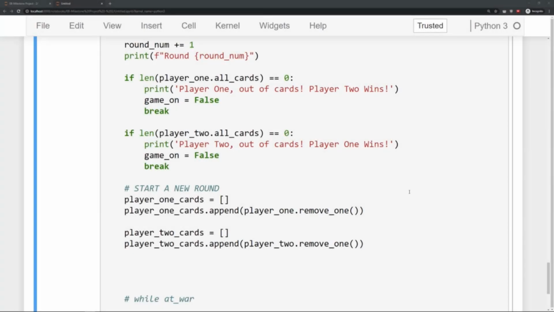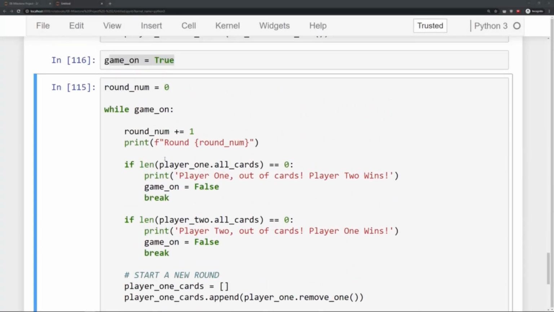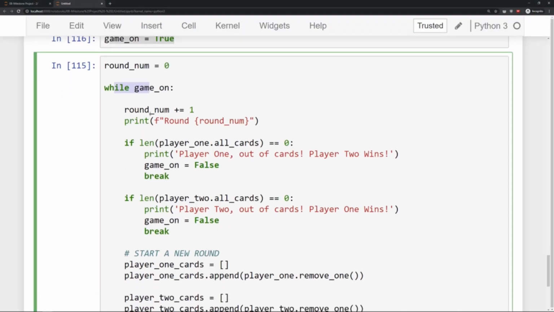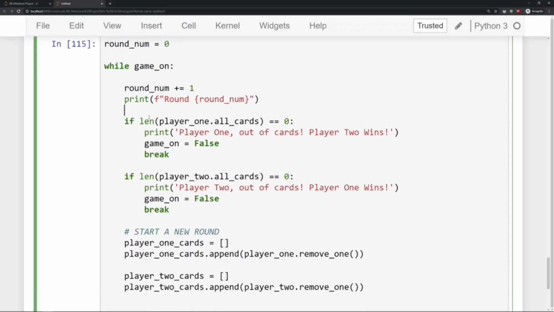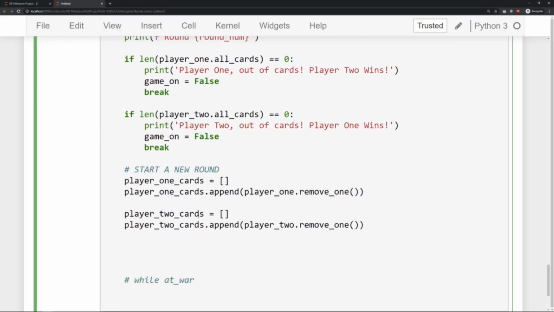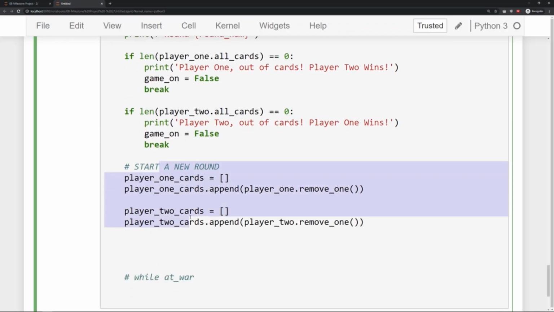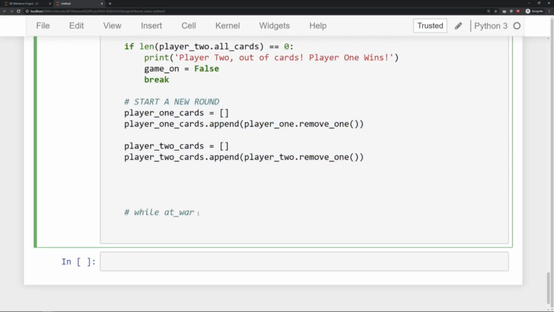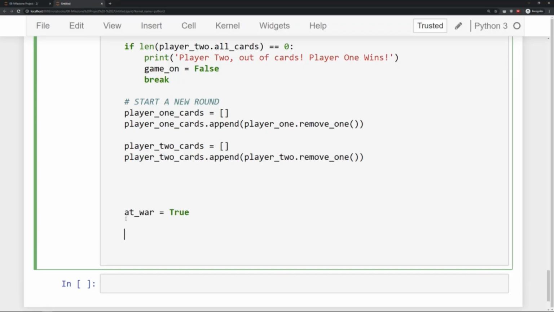Okay, so let's see how this is actually programmed out in Jupyter. Here I am back at the Jupyter notebook we were working with last time. Recall we have our while game on portion of the while loop. We check to see that the players still have cards to play. If they do, we start off a new round, grabbing 1 card each. And now it's time for this while at war loop. As I mentioned, we're going to assume that the war is happening, and then we'll look for cases to end it. So say while you're at war,